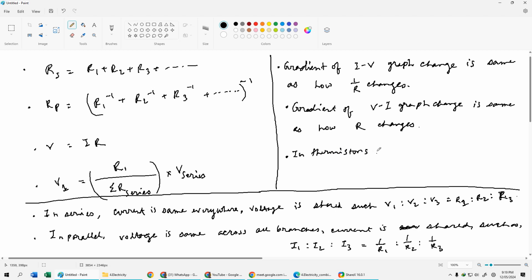In thermistors, as temperature increases,